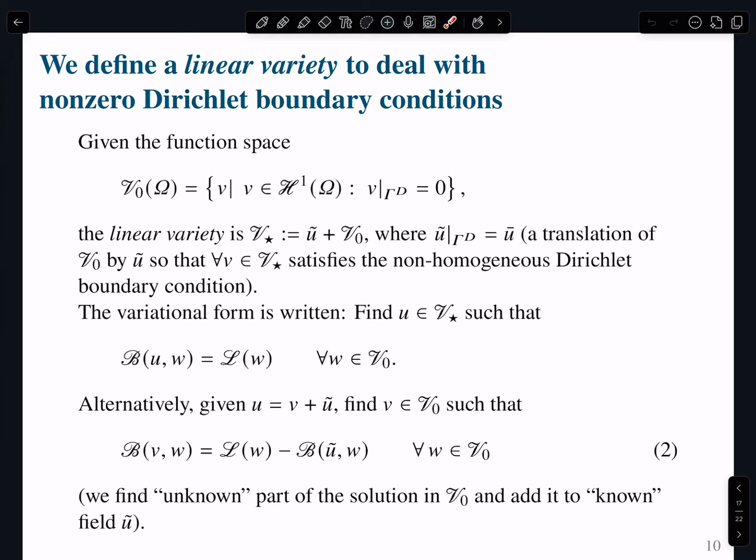Okay? So, in a way, now we have changed the problem, and now we are dealing with the same space, because notice I need to find V in V naught, right? Such that this expression holds for every weight function in V naught. So now I'm dealing with the same functions. I'm taking V and W from V naught. And this is also something very important, because the fact that I'm using functions from the same functional space means that the bilinear form is going to have nice properties.